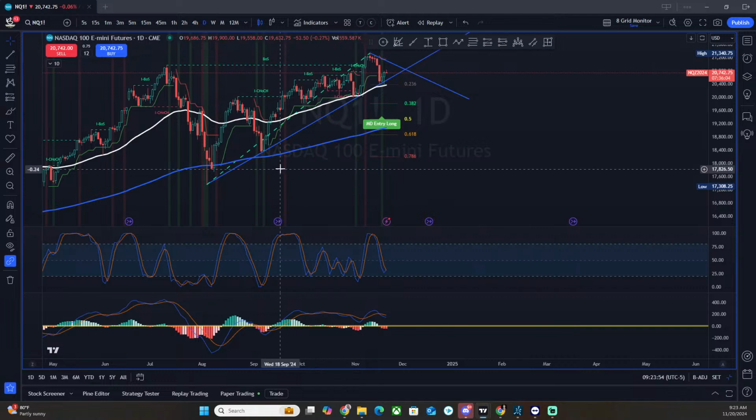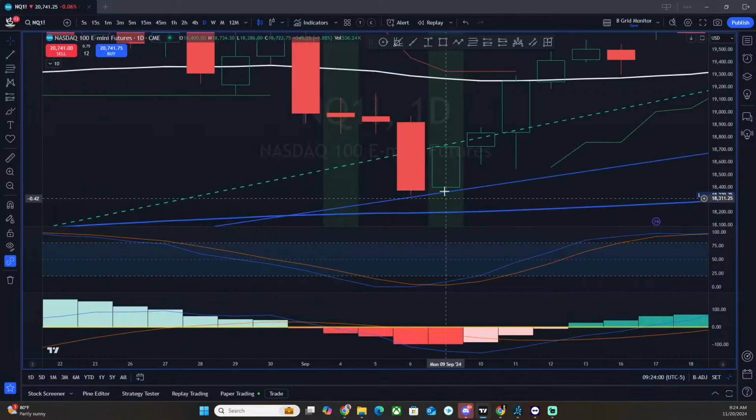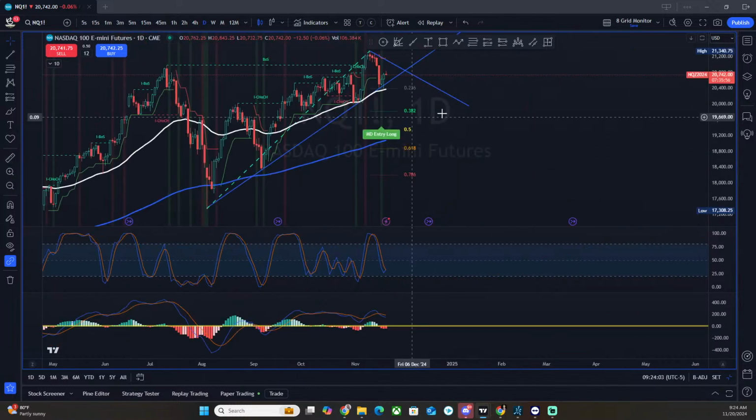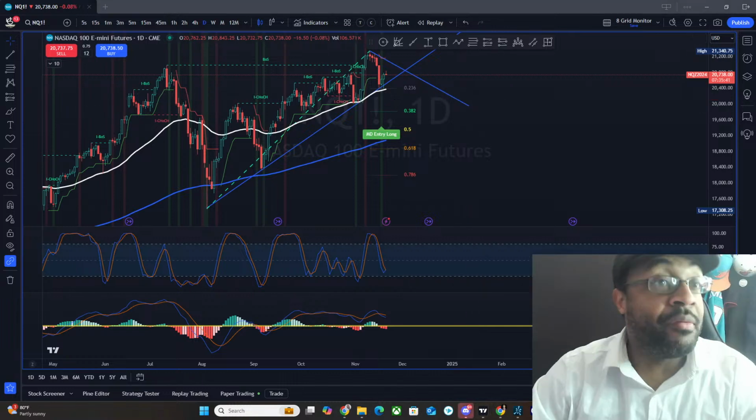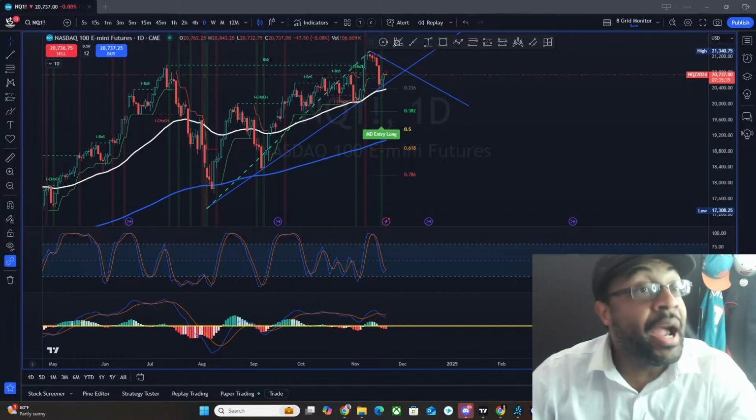Now, I know some people like to argue with me sometimes. I'm like, well, what about this angle here? Well, now it's not touching here anymore, and that's only because this swing low was strong enough to not only take out the bears here and recapture it, and it went ahead and made new highs. So for every higher high, there has to be a higher low. So if you want to do what came first, the chicken or the egg, the higher low came first